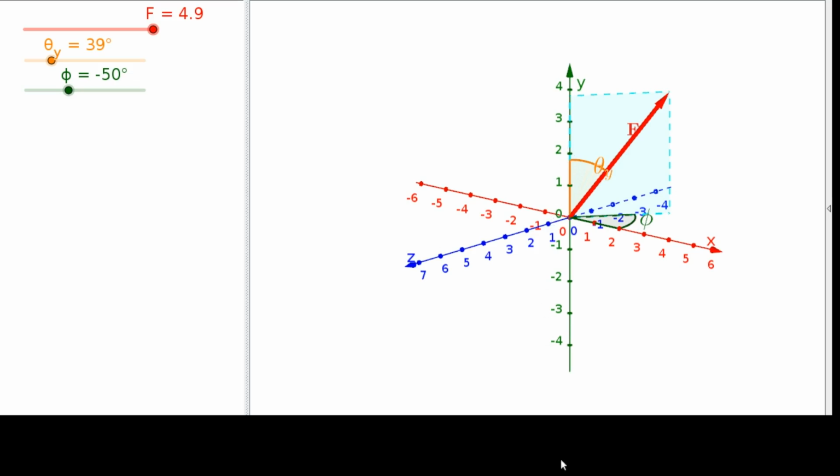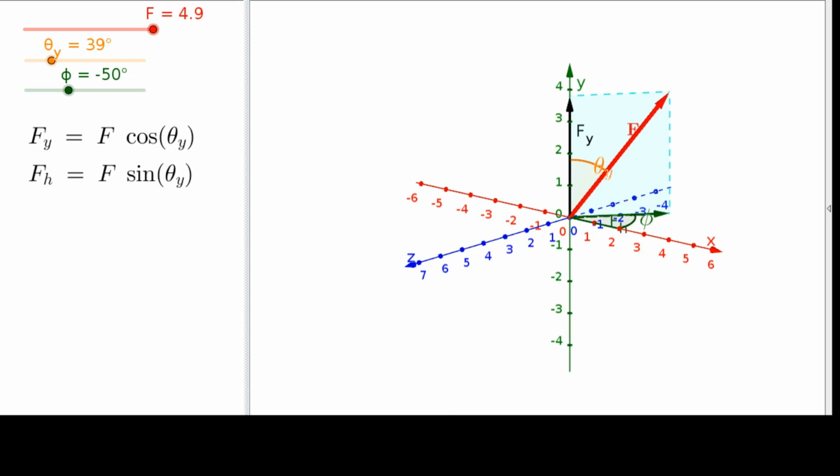It's fairly straightforward. We see that this magnitude Fy is the magnitude of our vector times cosine of theta y. And we can also find the magnitude of this edge of this rectangle, which we'll call